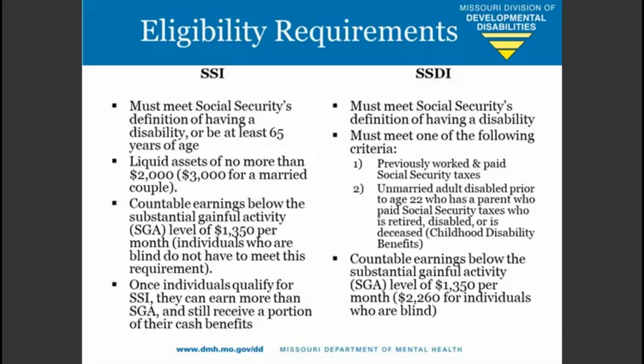All right, so now jumping in and talking about some nitty-gritty details. Eligibility requirements. For SSI, you have to meet Social Security's definition of having a disability or being at least 65 years of age. What that means for individuals who are 18 and older is that just having a disability is not enough to qualify for Social Security benefits, whether we're talking about SSI or SSDI. To be eligible, one's disability has to be severe enough to impede one's ability to engage in substantial gainful